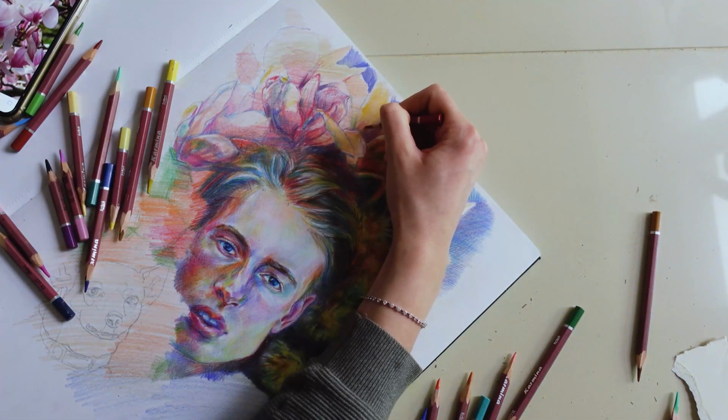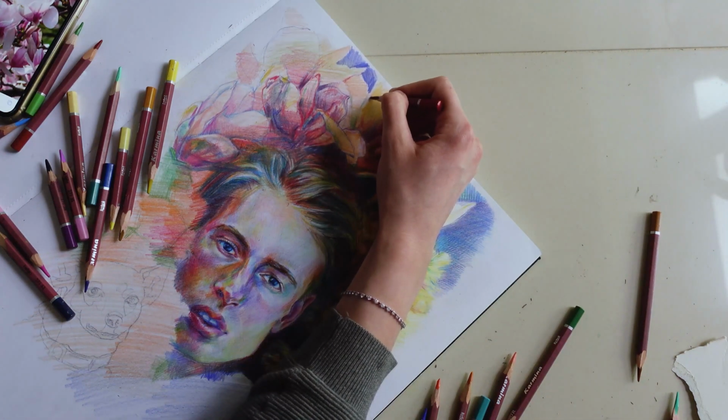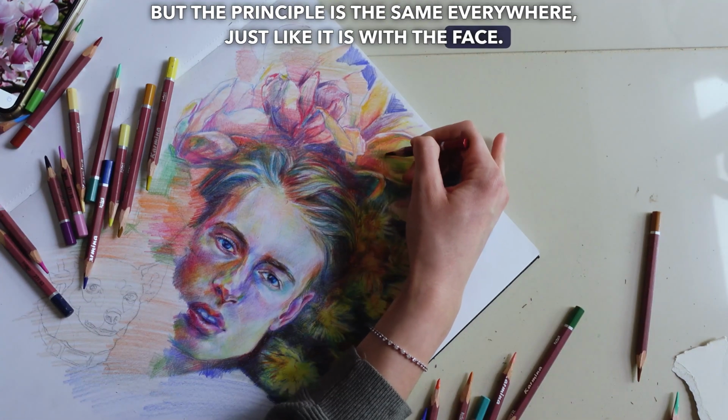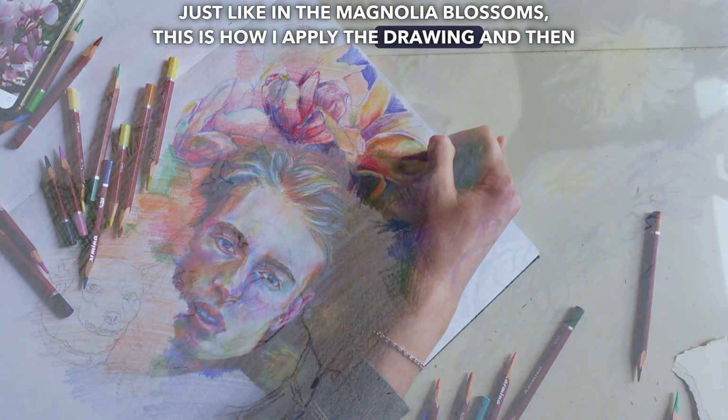It's quite fast. I don't show everything that I do because it really takes a lot of time. But the principle is the same everywhere, just like it is with the face. Just like in the magnolia blossoms. This is how I apply